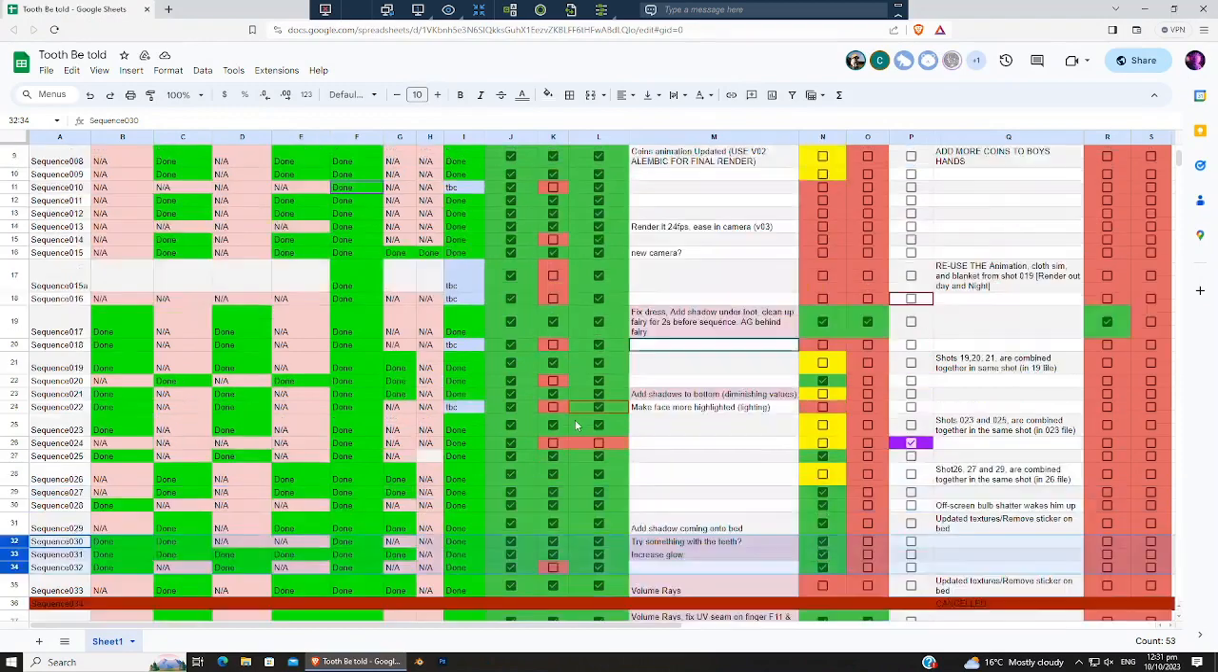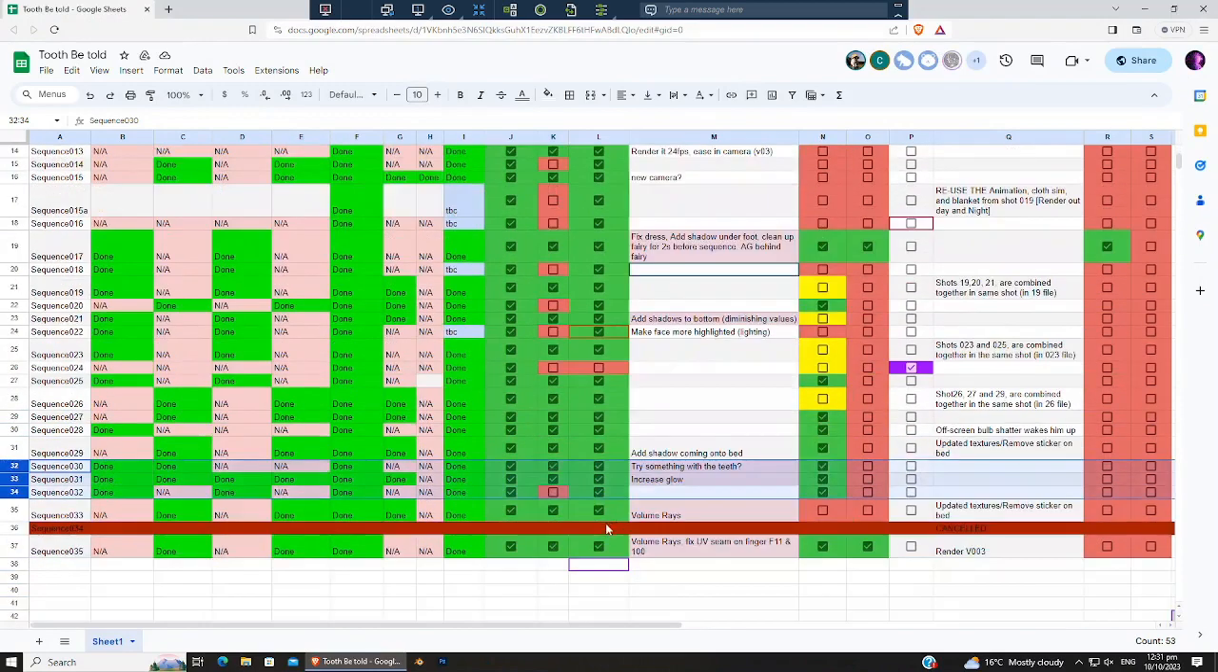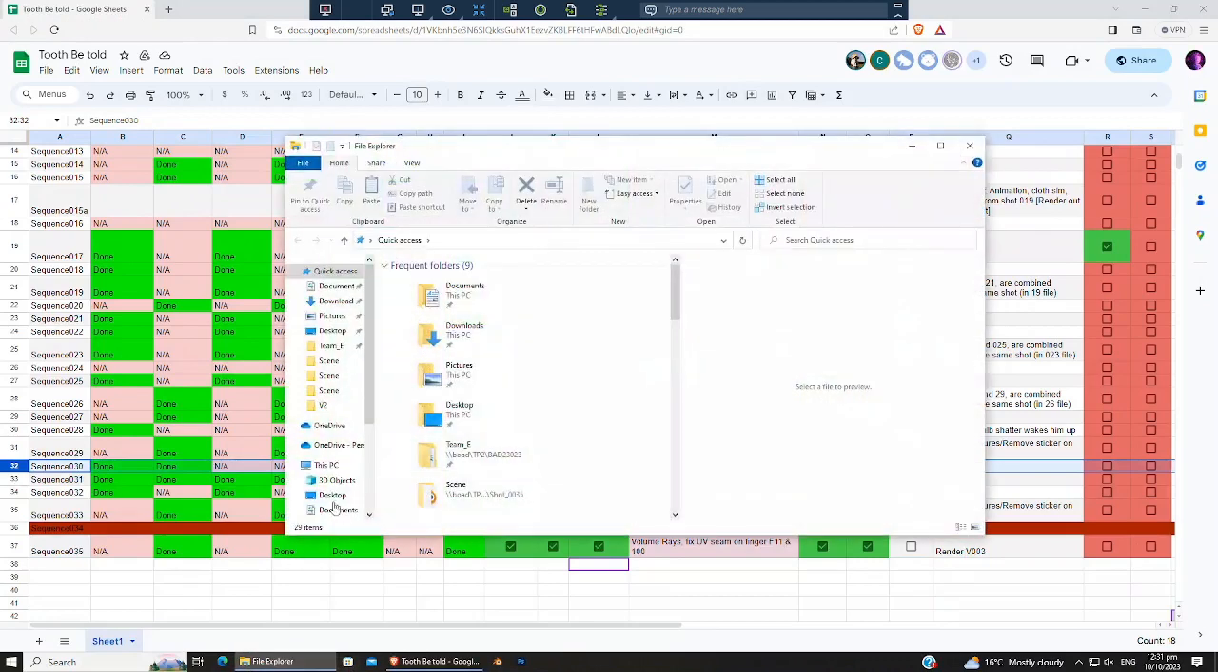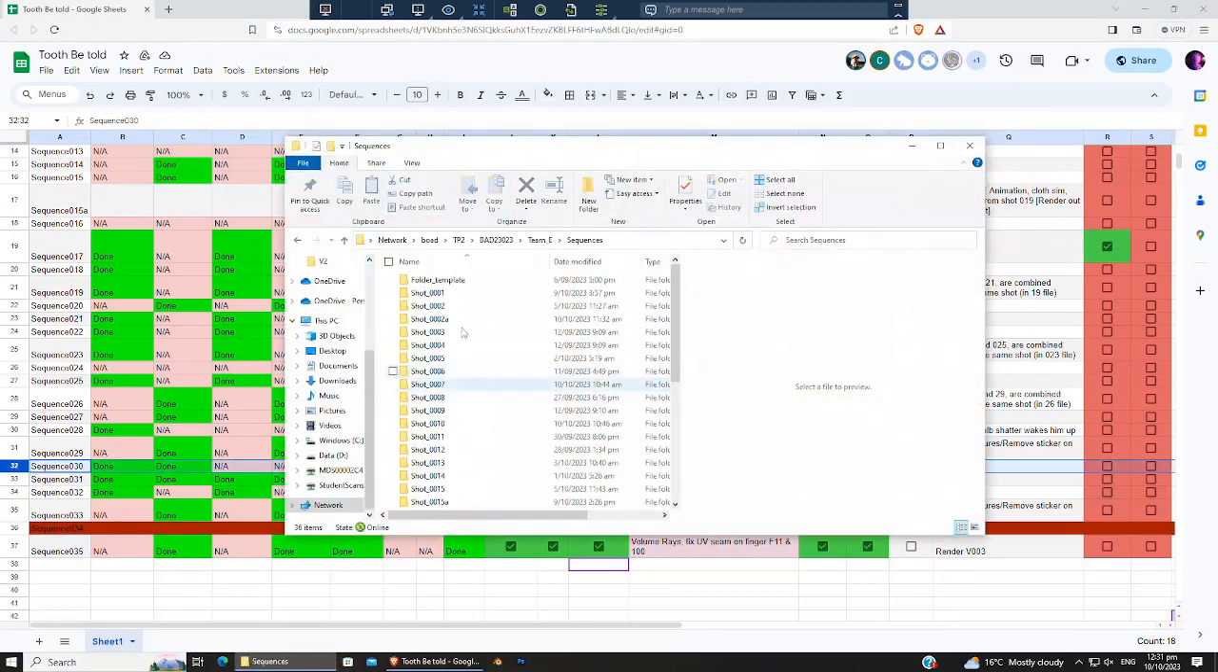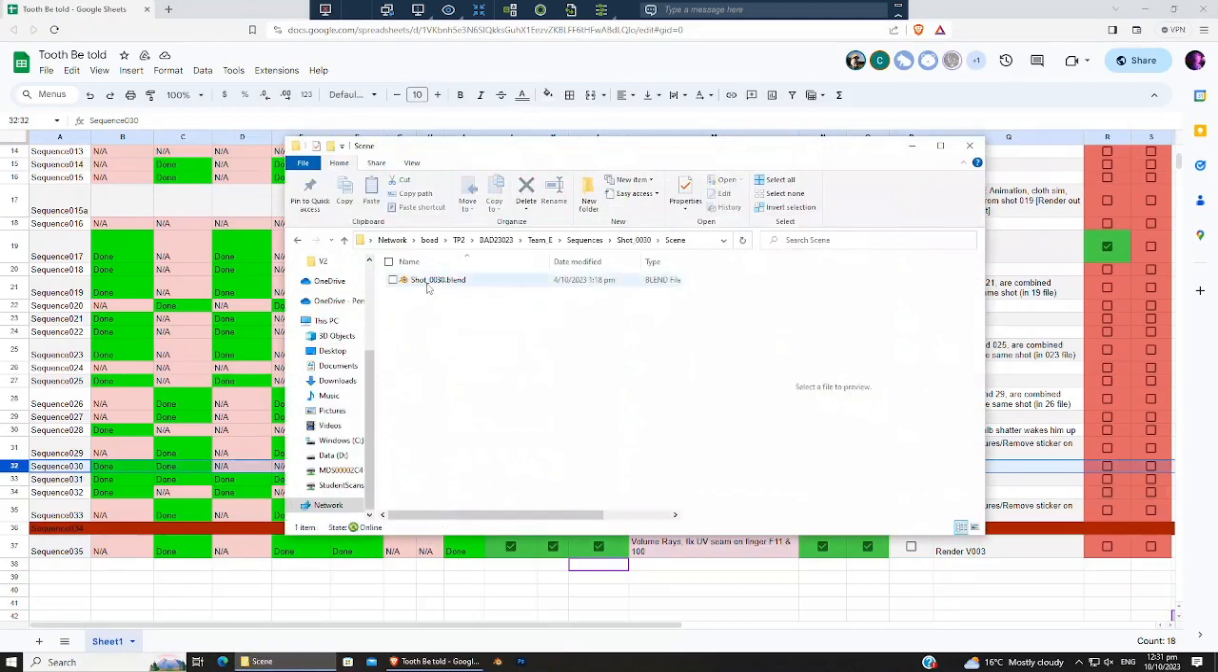Okay, so just looking at the spreadsheet, we can see that these three that are on their own are ready to be test rendered. So let's just go for sequence 30. We'll do this one to start off with. So first of all, obviously we're going to be going into the file. So scene shot 30, and